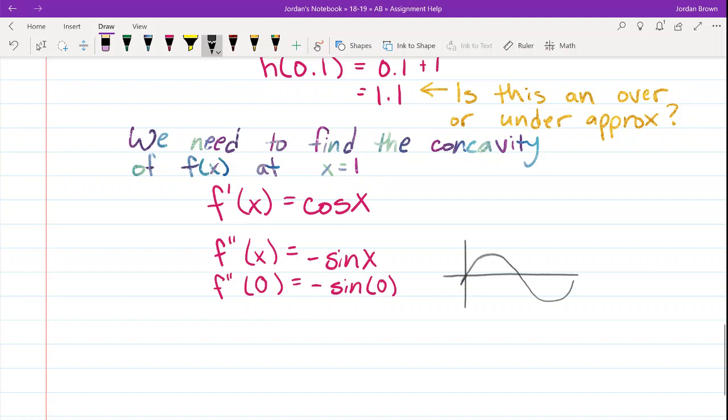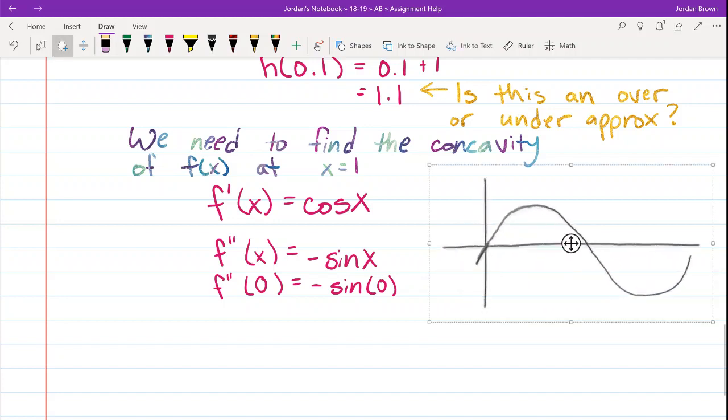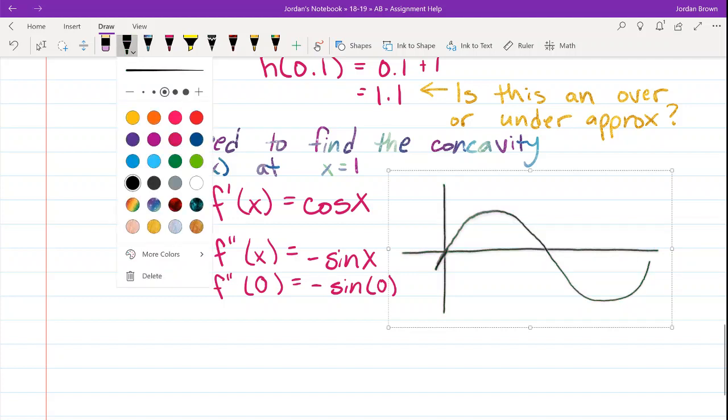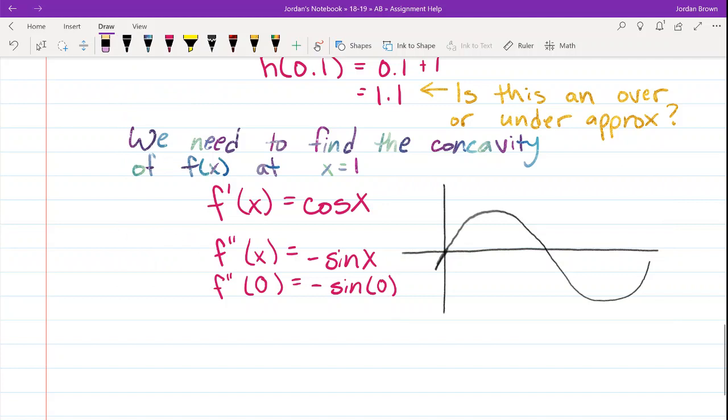So we needed to look inside here. And what we were able to see from looking at the graph is that even though sine of 0 is 0 and it doesn't work out for us, if we test a point slightly to the right, which is where we're going to be testing anyway, sine becomes the positive that we know that it should be. Okay, so slightly to the right.